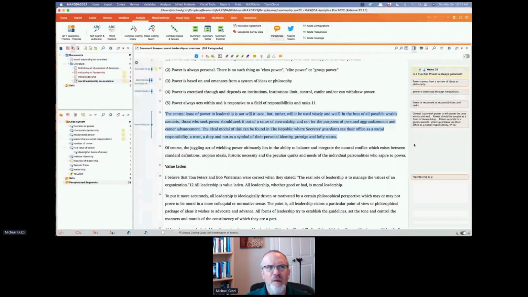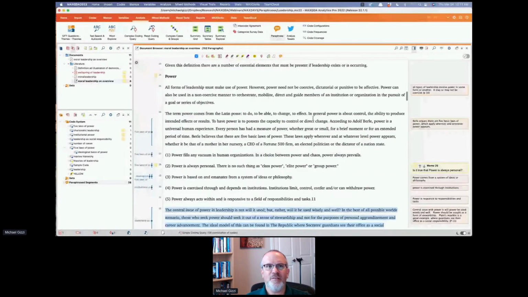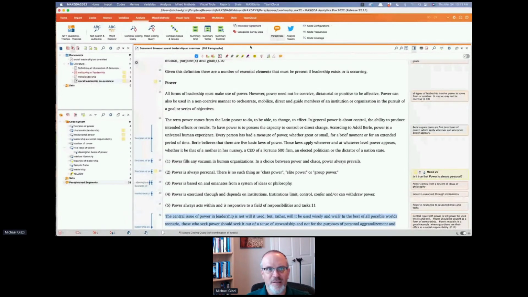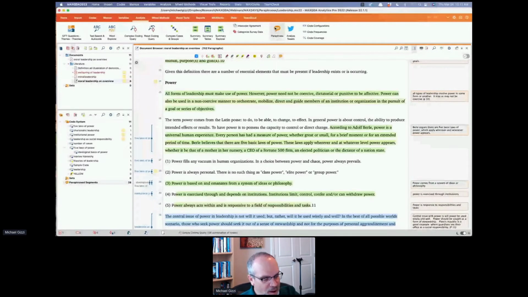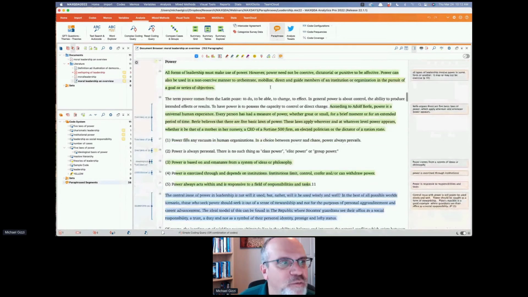So I've been reading this article, and I want to be able to paraphrase it. Well, how do I do it? Well, the first thing I do is I turn on paraphrase mode, click on the icon. You'll notice that my text that has been paraphrased is in green. And so I'm reading this, and I say, all right, I want to paraphrase these 5 points.